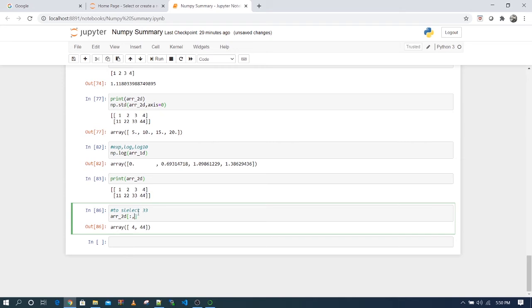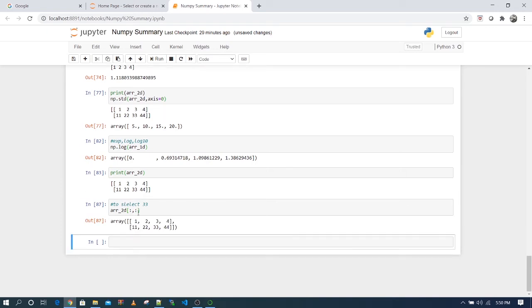And if you need the whole matrix, then you can use this, or you can use a single colon as well if you want, or this notation will work also. So that is how to select certain elements.